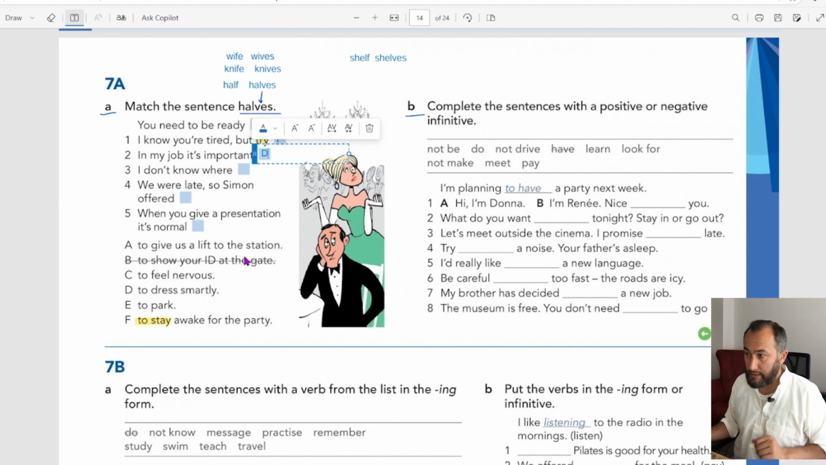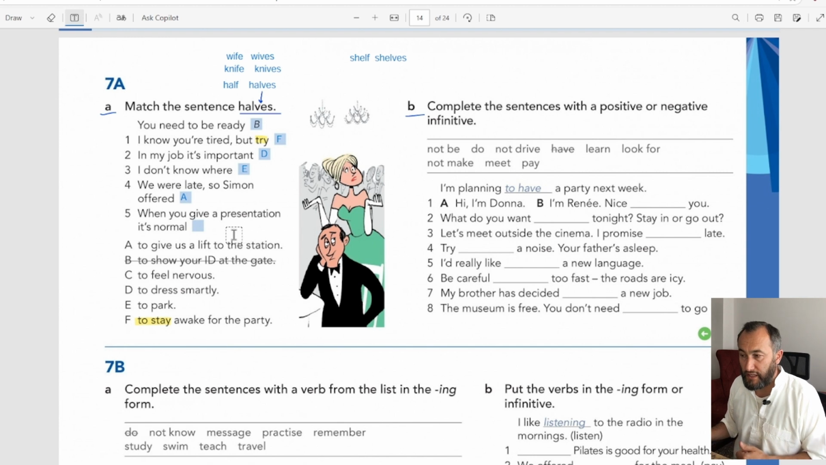Logical meaning. D. I don't know where to park. E. I don't know where to park. And then we were late, so Simon offered, so we got A, to give us a lift to the station. Makes sense, right? And then the last one, when you give a presentation, it is normal to feel nervous. See,